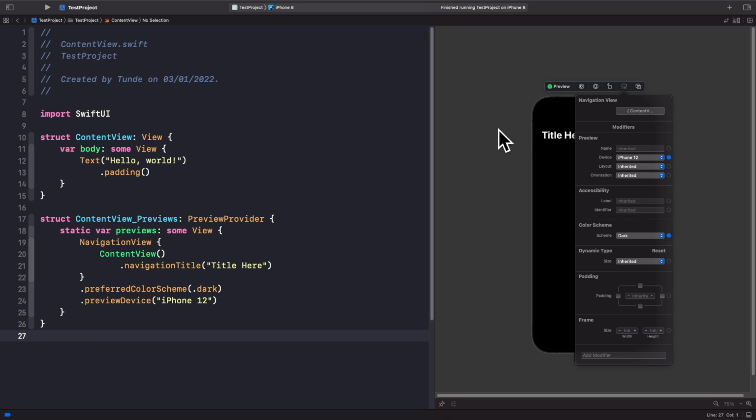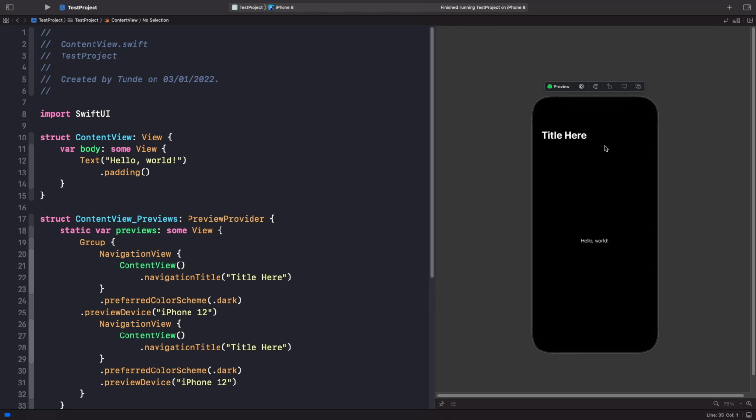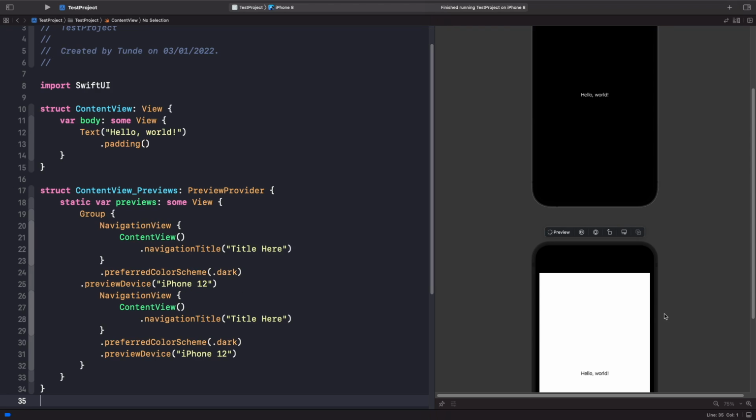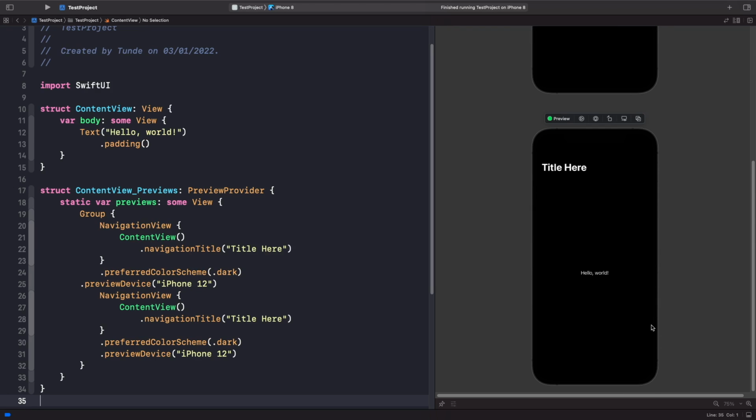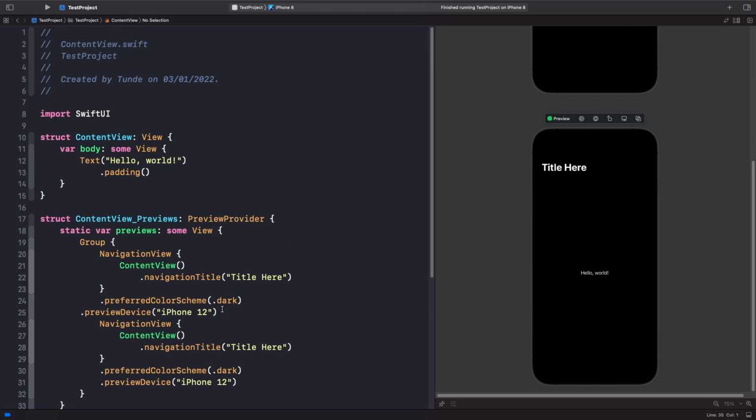Now, it's also worth noting that we have another button here which allows us to duplicate our views within our preview, so we can view different variations of them. So I'm going to select this here, and you'll notice that it's created a group and we now have two different navigation views. So for the first one, I could revert this back to what it was, and I can directly edit this. So I'm going to choose light here